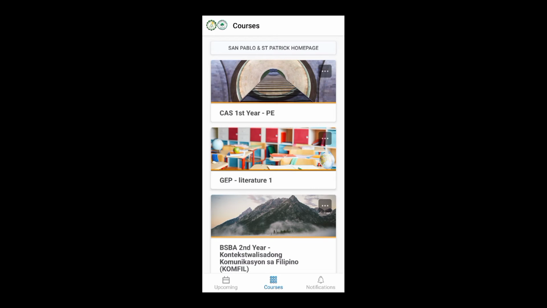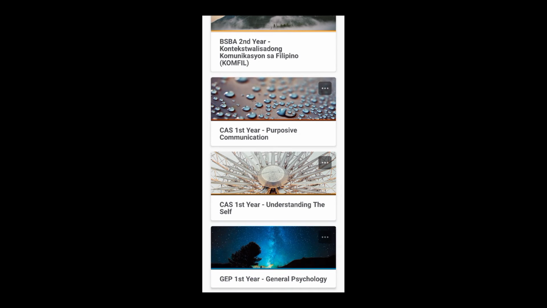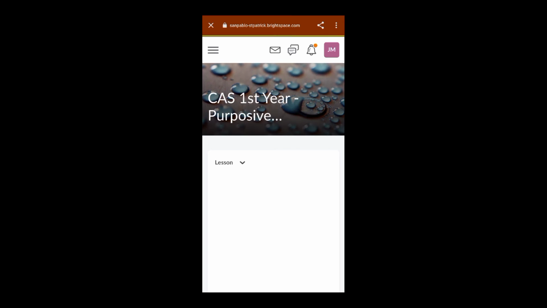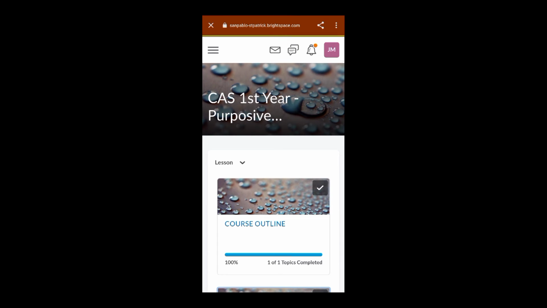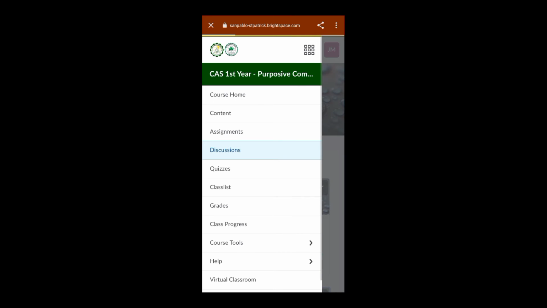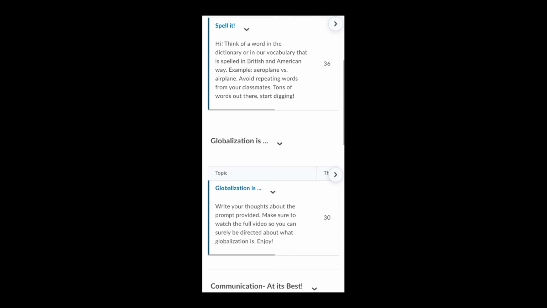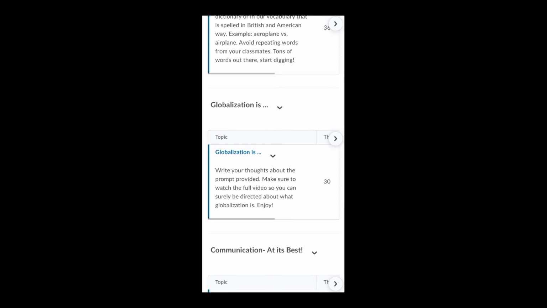While using your Brightspace Pulse, you can see all the aspects in the application. If you wish to see the discussions of the class, you have to go to the sandbox of the subject. Let's see what we have here in purposive communication. You need to tap the 3 white dots in the upper right corner of the screen. As you can see, tap the Launch Course homepage and it will direct you to the browser link of the Brightspace. You can see the discussions on the left side. Here, you can see the list of a certain question asked by your professor to the class and the answers of your classmates.